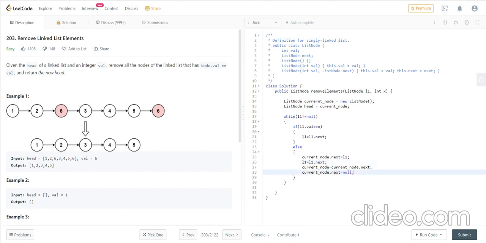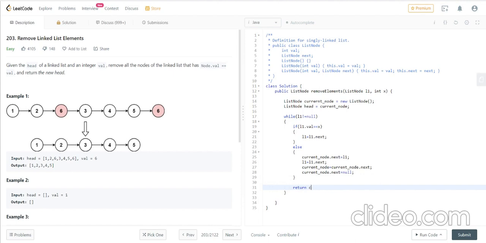And here I'm just putting current node.next equals null. I'm just simplifying it, as I don't want to store a garbage value. If I'm not putting null, maybe some error can occur because it can create some exception that will store the element that we want to remove in it. So I will show it in the running condition. Let me run it. I'm just returning current node.